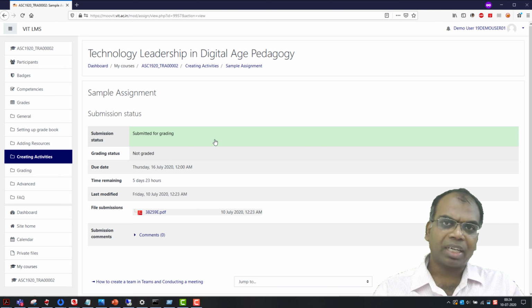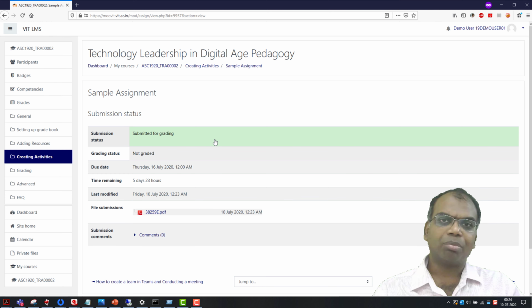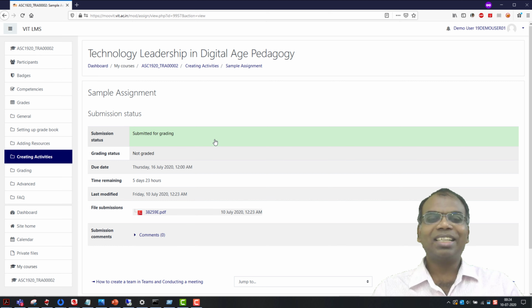Your faculty member has the right to reject a draft submission as not being submitted. So I strongly recommend that in any case, ensure that you get this green bar stating that you have submitted your assignment for grading.